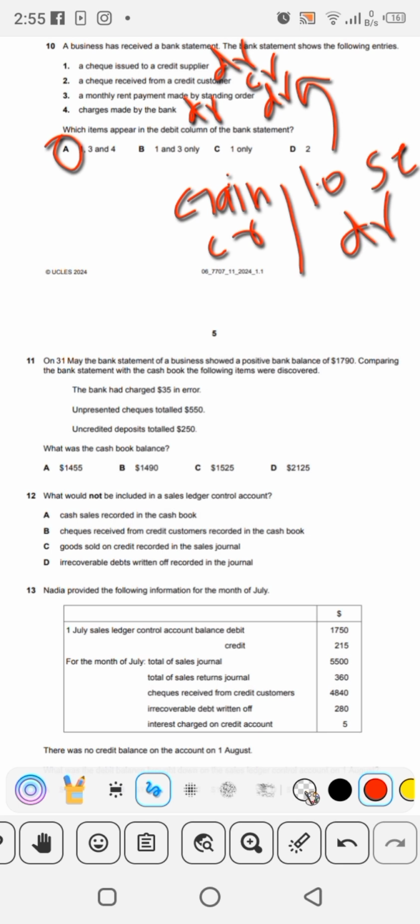And question number 11 is, on 31st May, the bank statement of a business showed a positive balance of 1790. Comparing the bank statement with the cash book, the following items were discovered. The bank had charged